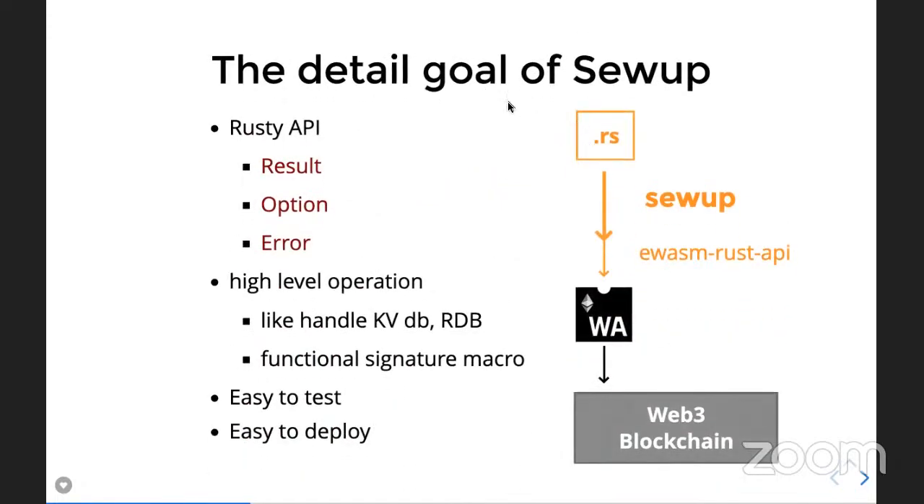So the detailed goal of Sewup: we try to provide APIs that have a result, have option, and have good errors. For the error type, we utilize the thiserror and anyhow crates. These two crates are used in modern Rust frameworks. And also we try to